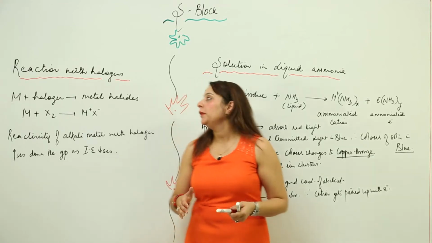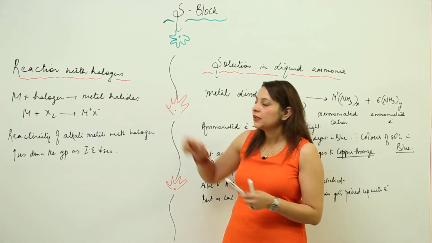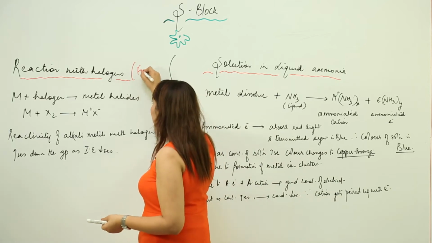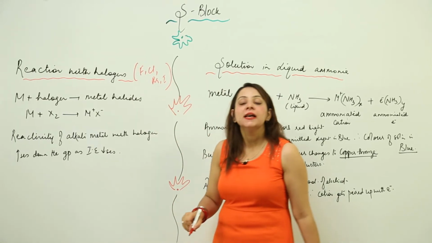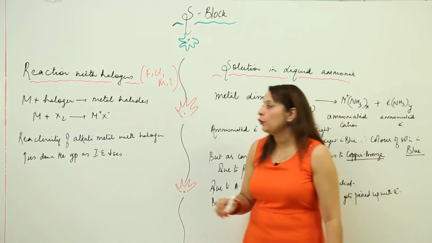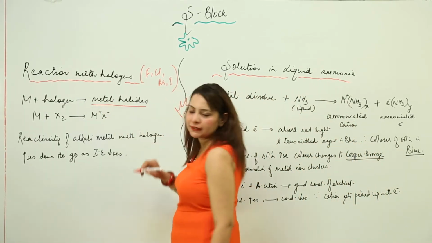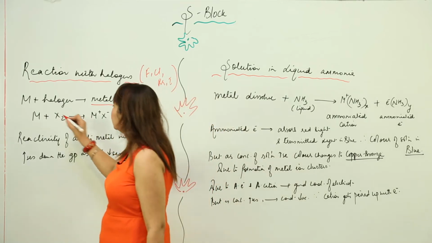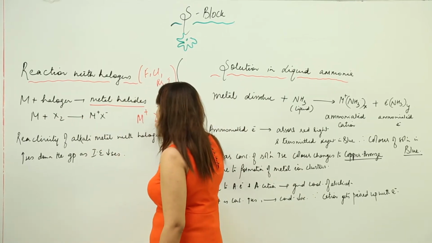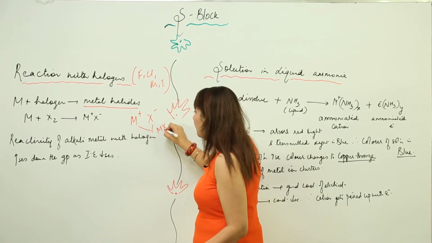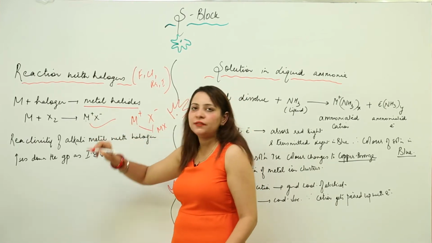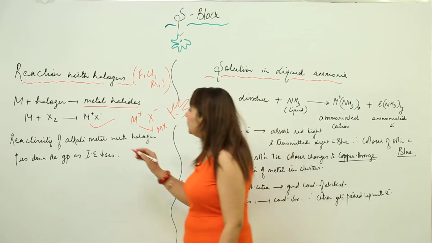Now the next property is reaction with halogens, that is, with fluorine, chlorine, bromine and iodine. What we see is that metal reacts with halogen forming the respective metal halides. As we know, alkali metal has positive valency and halogens are a group which has a negative valency. So it will form MX, with M as the positive ion and X as the negative ion, and particularly the bond